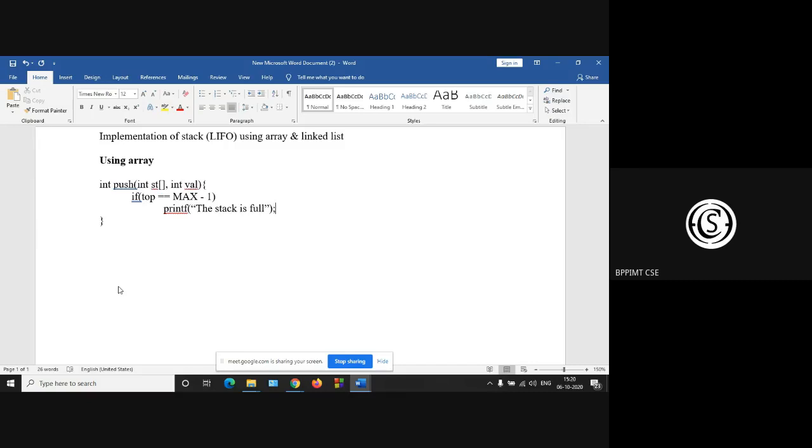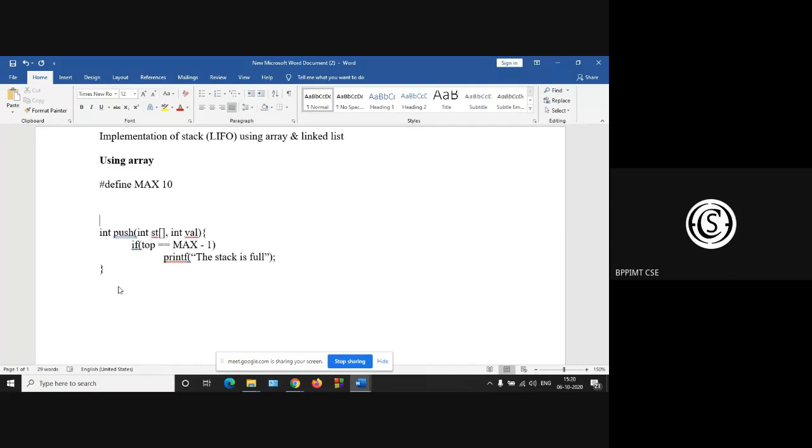Stack is full. Okay. So we have to define this macro definition. Define max, let this be 10.